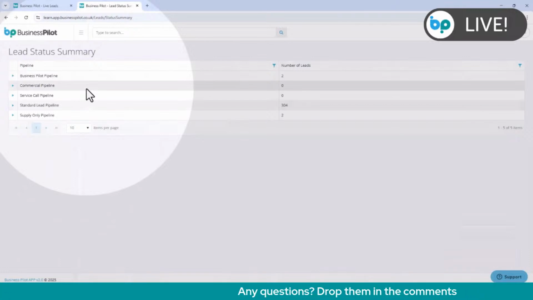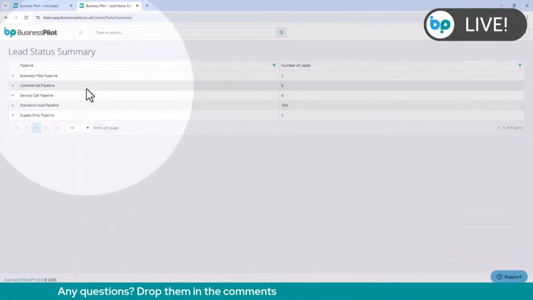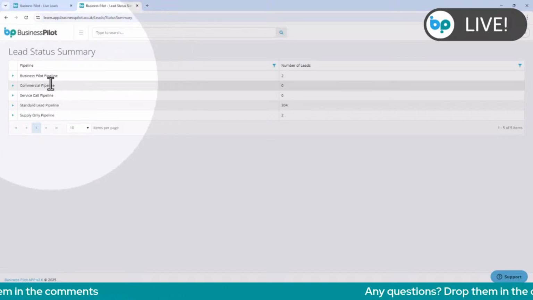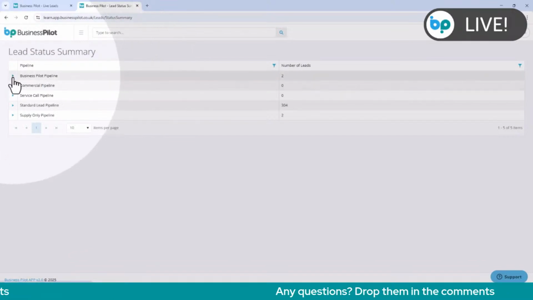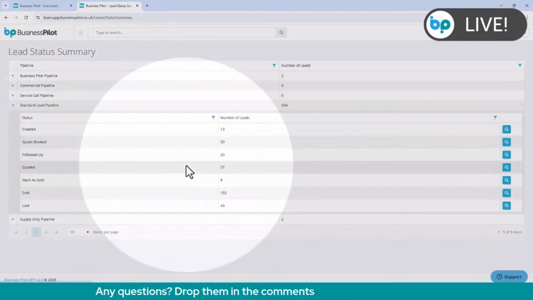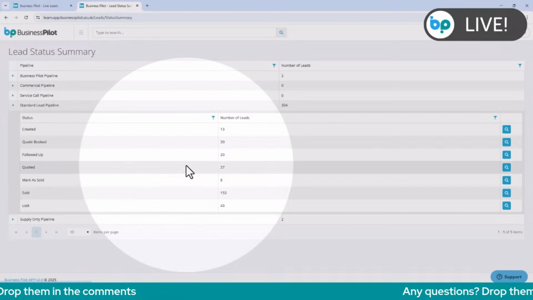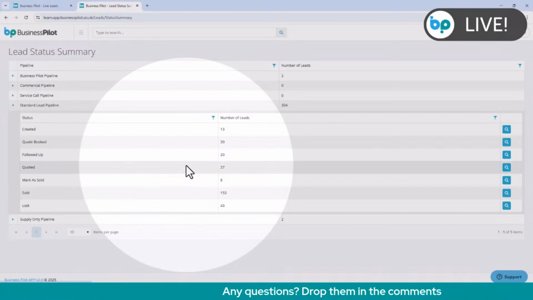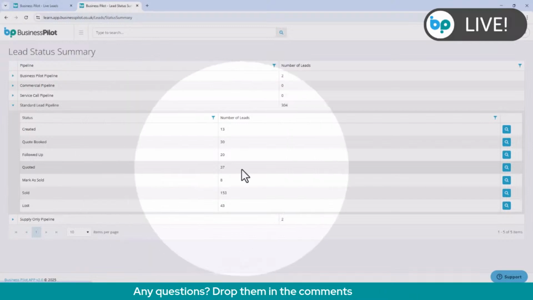Now here you're going to see a full list of all of the active pipelines that you have in your Business Pilot system. Now, by clicking into the arrow next to each pipeline, I'm just going to do it for this one at the moment. So this is going to bring me up a list of all of the active statuses that I have from within that pipeline. Now, not only that, it's also going to give me the number of leads that is sat